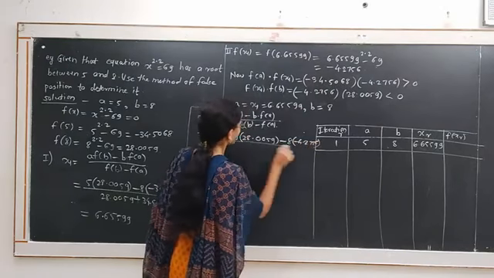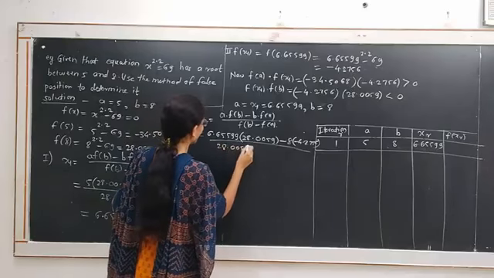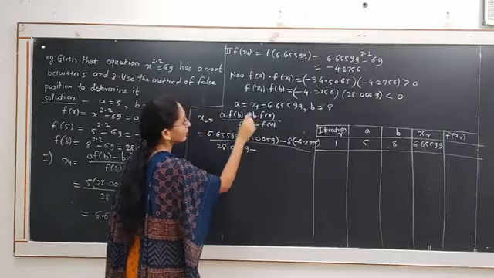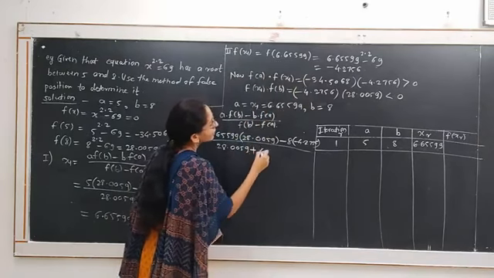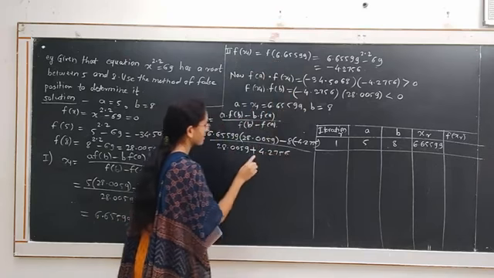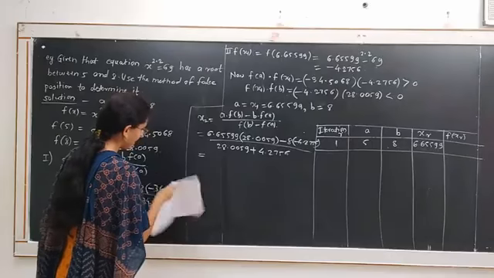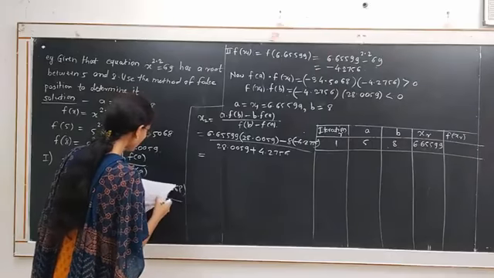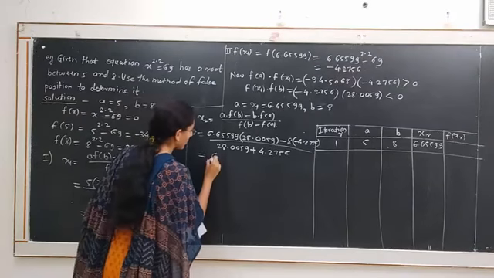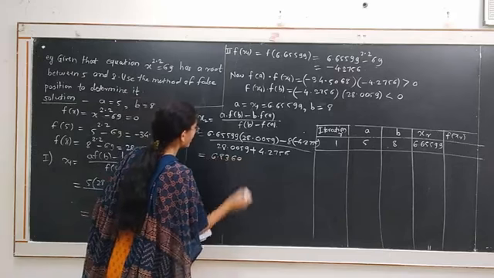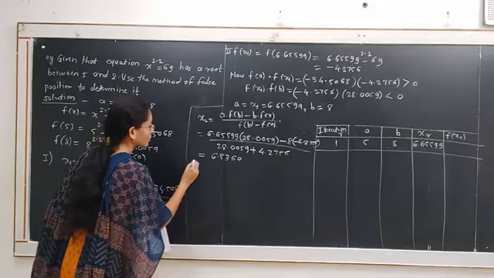b is 8, hence f of b value is 28.0059 minus f of a value, where a is x1 and f of x1 is minus 4.2756. This is minus minus plus. And if we calculate this value, then we will get the value of x2 equal to 6.8360. This is the value of x2. Now we have f of x2.